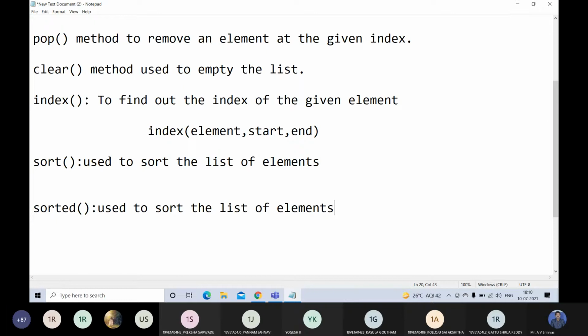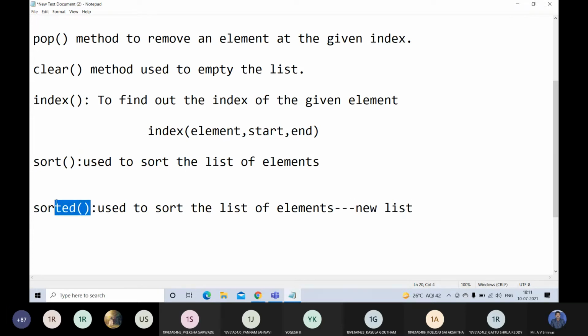Between these two, the sort method is going to change the original list, whereas the sorted method will give a new list. The original list will stay as it is.